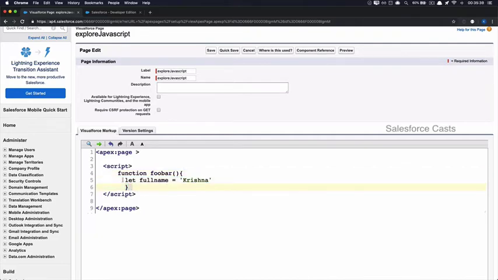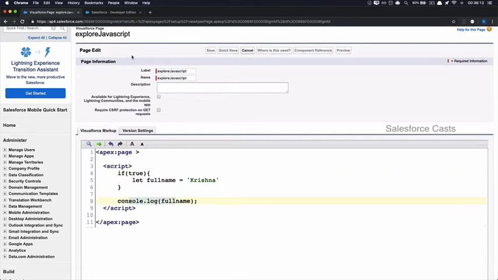And if I use the if statement here, and declare a variable here using let, and try to log it. When I declare a variable within this statement, the scope of this variable is going to be the block. Block is once again referring to opening and closing curly braces, which is this. And when I try to access that variable here, it is going to show us an error.